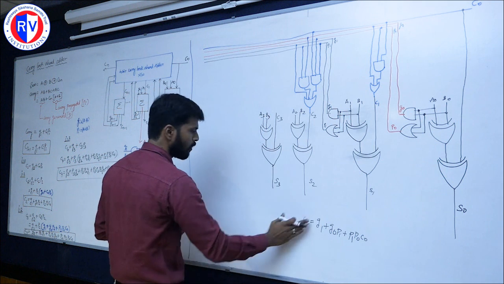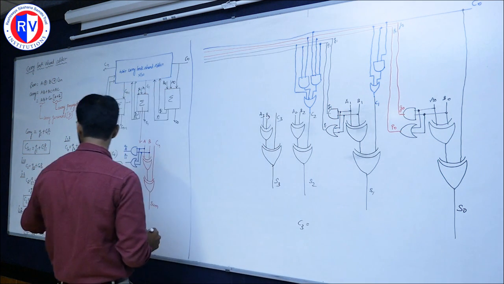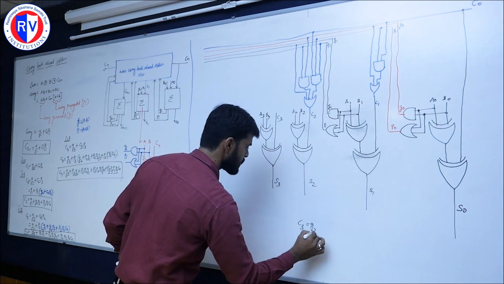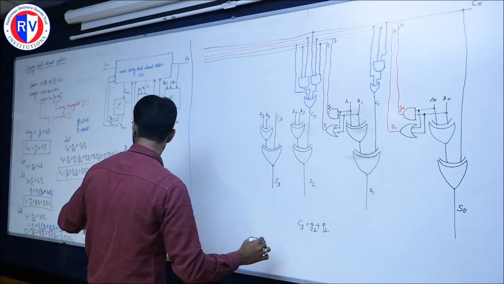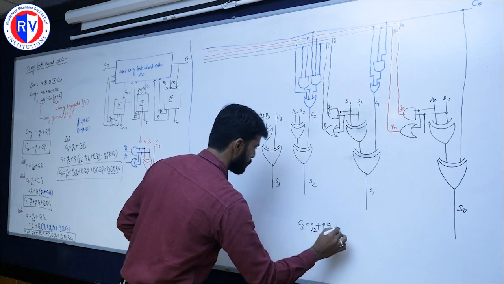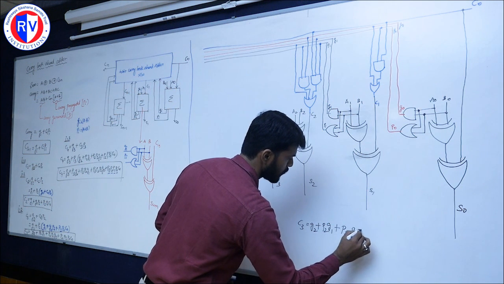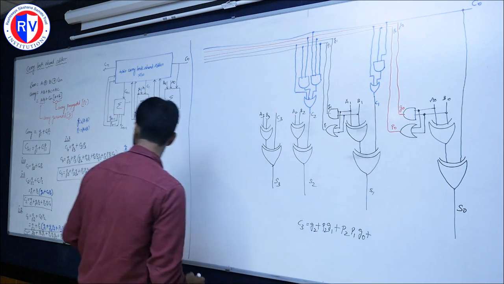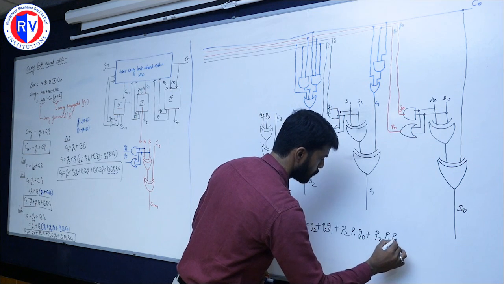Again we have a formula of C3, we should write it first. C3 is equal to what? G2 plus P2 G1 plus P2 P1 G0 plus P2 P1 P0